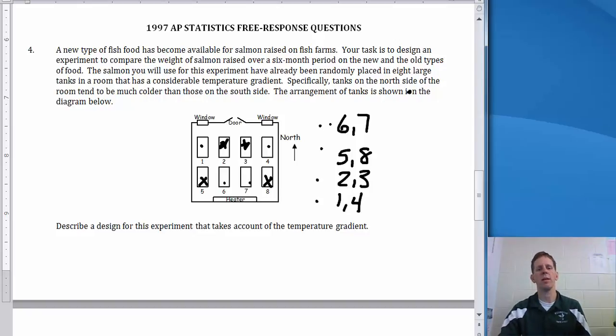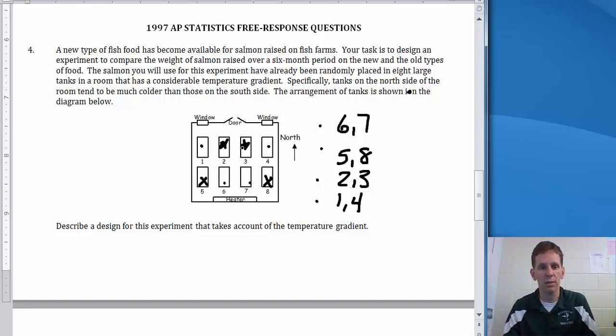And what we would do in this experiment is, with our block that's closest to the heater, these are the fish that are getting cooked already, we say, okay, if you're in tank 6, you're getting this type of food. If you're in tank 7, you're getting this other type of food. And we would compare which tank the fish respond more favorably to the food with. And what we may find is that with the tanks that are closer to heat, they may like the new food. Tanks closer to the door that are colder, they may prefer a different food. So by running this experiment several times under different temperature settings, we may reach different conclusions based on how we